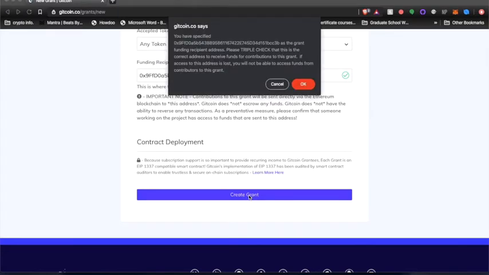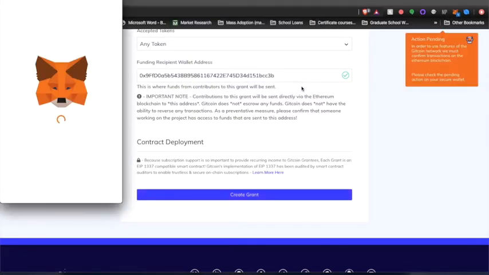So we're going to click on create grant, and a little notification will pop up. You have specified that wallet address as the grant funding recipient address. Please triple check, as I've mentioned, that this is the correct address to receive funds for contributions to this grant. If access to this address is lost, you will not be able to access funds from contributors to this grant. So as I've emphasized before, just please triple check, quadruple check, even, check as many times as you feel comfortable, just so you know that this is the right address that you like to use for this project. So once you're done, click OK,